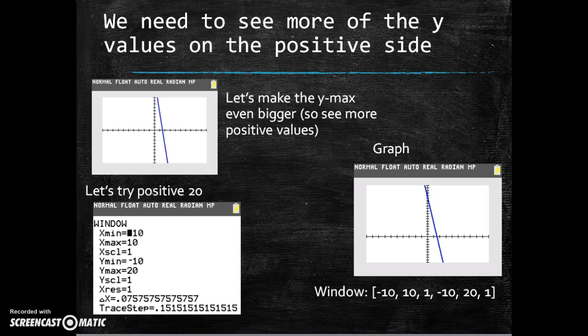So you're going to go ahead and hit window again. That's the button all the way up top right corner. And this is what you should have. And instead of it being -10, 10, 1, -10, 10, you're going to change this to 20. And then you're going to hit graph. And you should have this picture right here, this graph. So check it real quick right now. And then what I'm going to do is have you do that and make sure you match, make sure you sketch your graph, make sure that you write down your window, and then I'm going to have you click on the next video for part 2